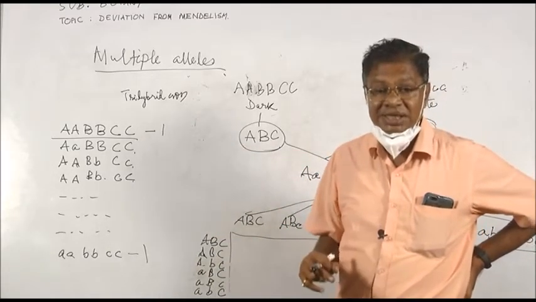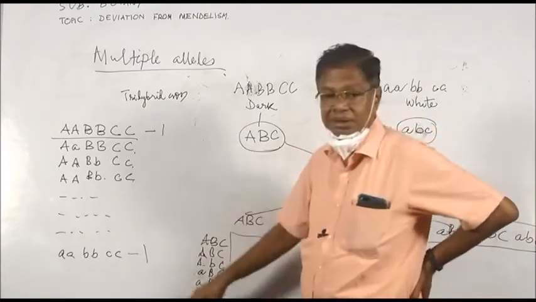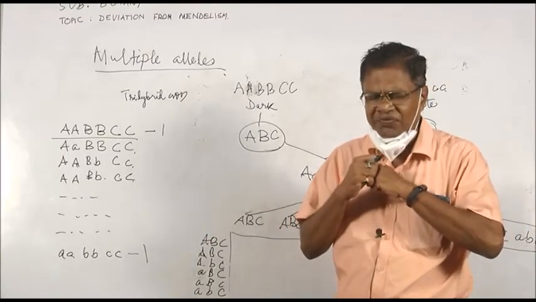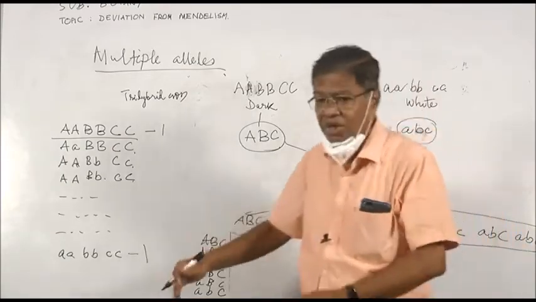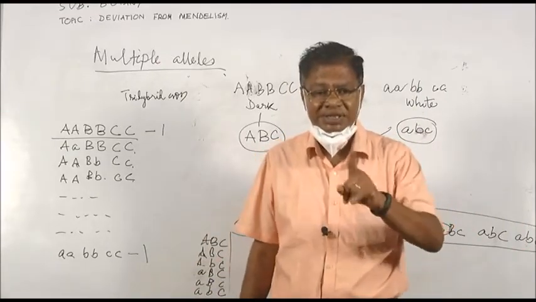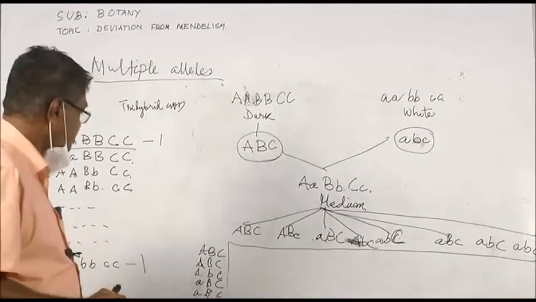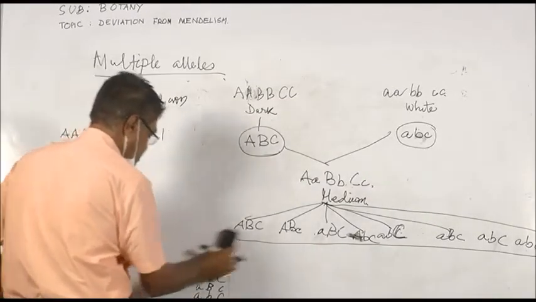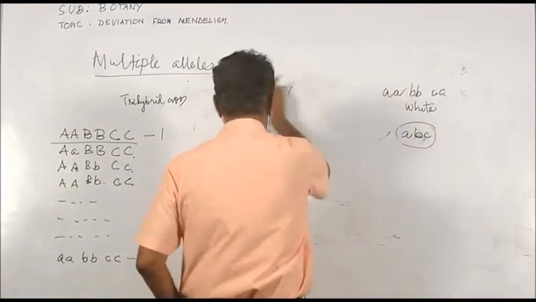So, this is the least number. That is why we don't find total fair persons in the world and total dark persons in the world, and all we get is an intermediary thing. Now, what is the ratio here? Now, the ratio depends on the number. Here I can show you what are the shades that you are going to get.